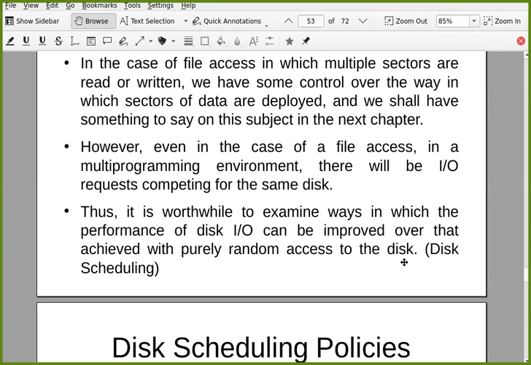There is a possibility to improve disk IO performance by using certain policies, because not only the organization affects the final timing, but also the fact that multiple processes are waiting for the same disk to do IO has some impact. What kind of impact there can be, and how we can handle it and optimize the timing, is our goal. And for that there are different policies.